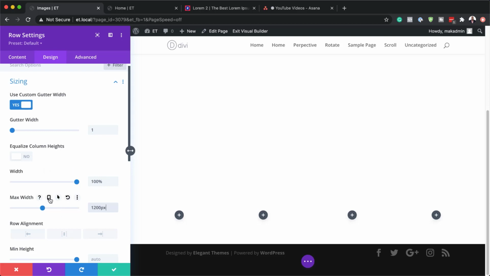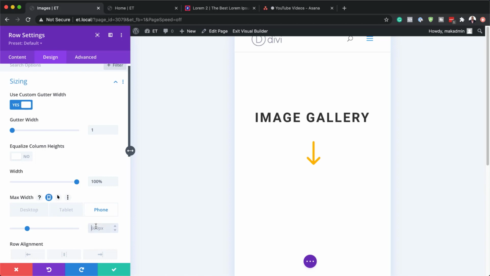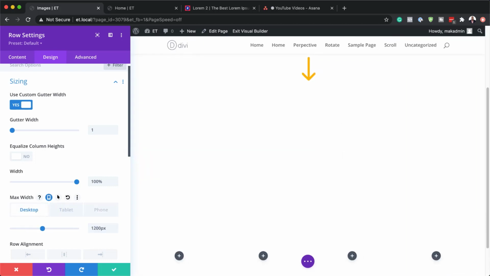And while I'm here, I'm going to set my sizes for my different screen sizes. So let's go to the tablet view. So I'm going to come over here on tablet and I'm going to set my size to 600 pixels. And on the phone, I would like this to be 300 pixels. All right, great. So now that I have all my sizes all set, the next step now is to start